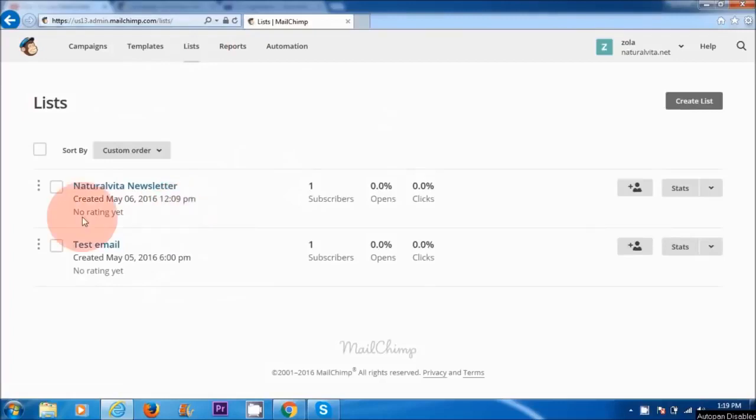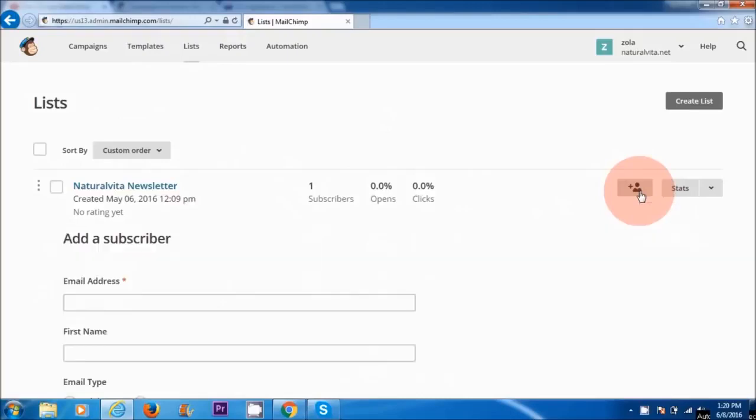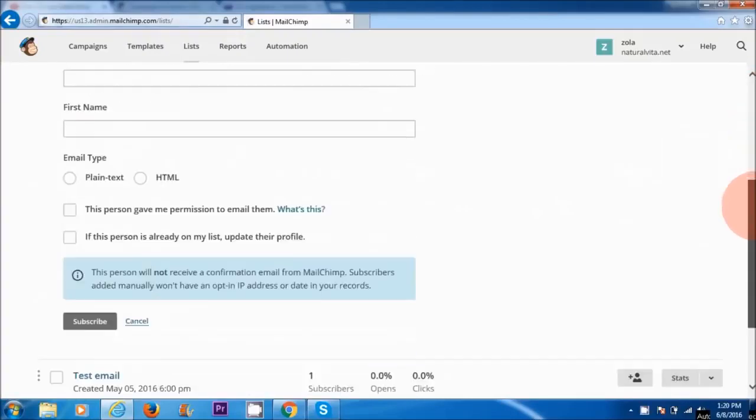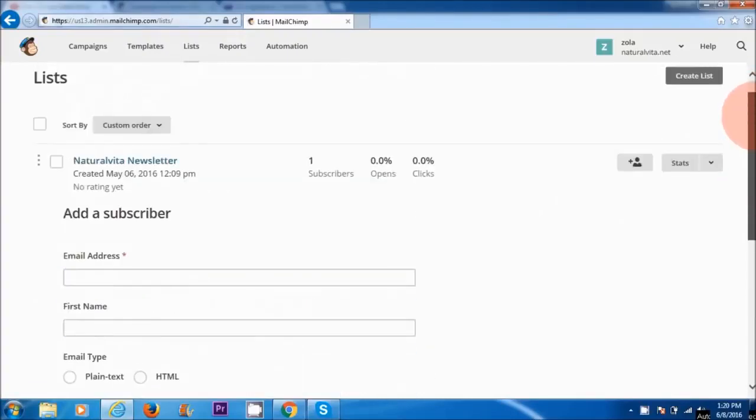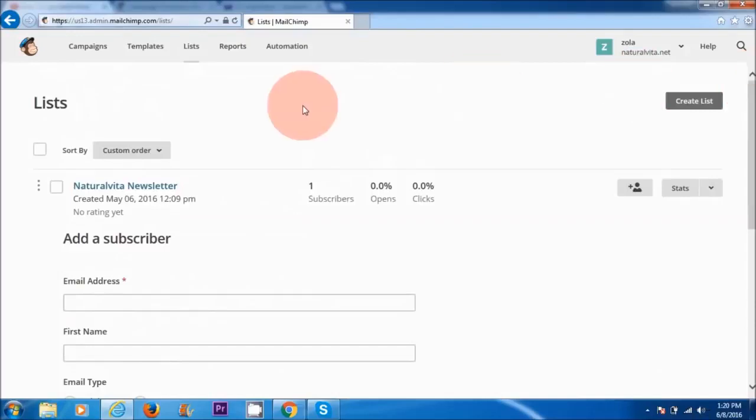As you can see, I've got 2 lists that I've already created. I'm going to add subscribers to this first list here, Natura Vita newsletter. In order to do that, I click on this man here with the plus sign, and this is one way I can add subscriber email addresses to my email list. Another way to do this is by clicking on the title of my list,